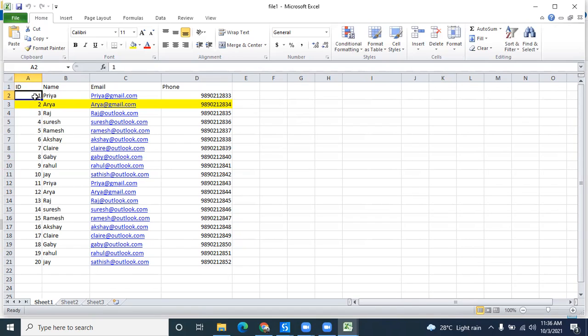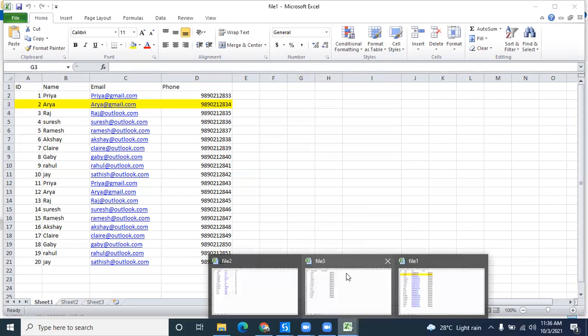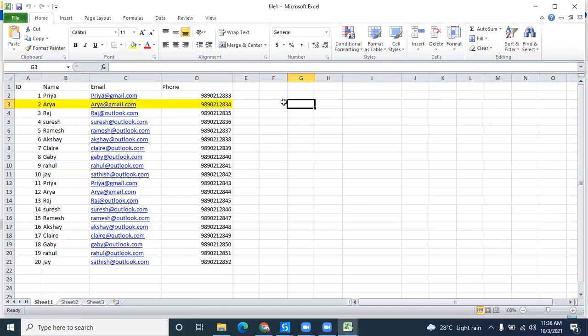So for first ID, I should have all these values here. For second, I should have all these values. Only IDs are present in second and third file. Okay, understood what is my requirement? Yes, sir.